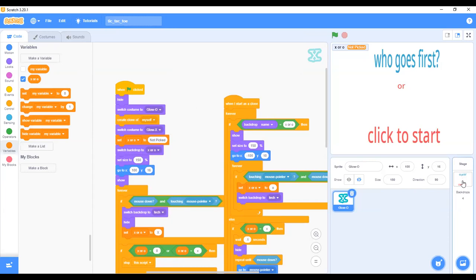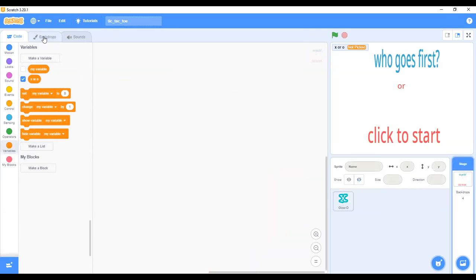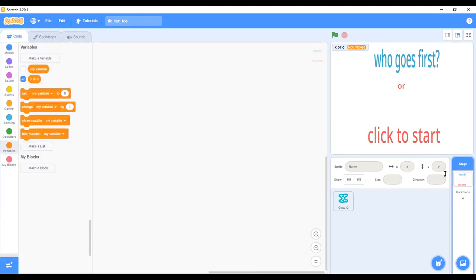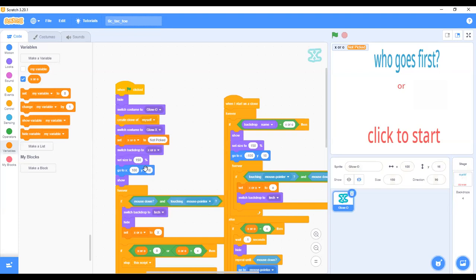Now, I've named my backdrops here. Where is the code?